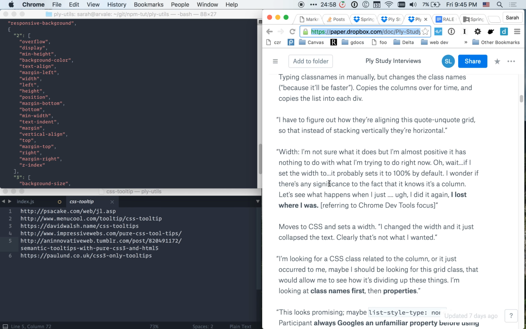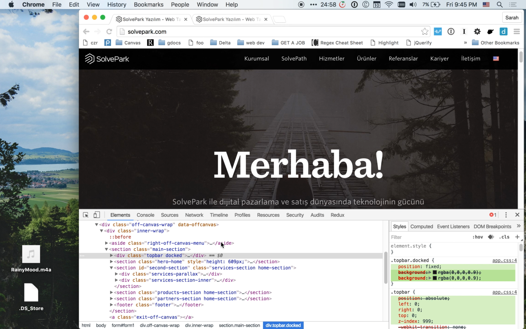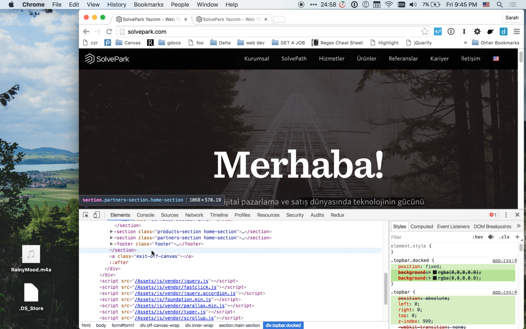And something else that was very commonly expressed throughout the study was that learners would frequently try to search for relevant nodes and properties based off of reading the class names. So for example, in the full-size footer reverse engineering task, they would search through the inspector down here looking for class names that said something like footer, for instance. And although this is a problem in the sense that many websites in production will use minified or obfuscated class names, which means that this isn't a 100% reliable metric,